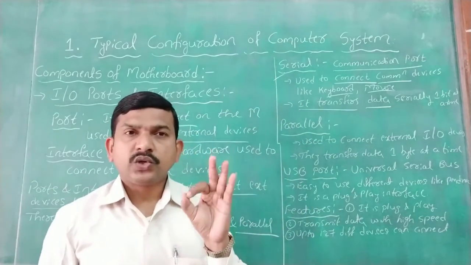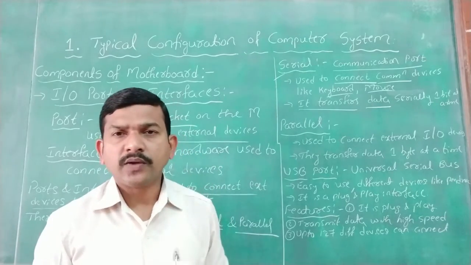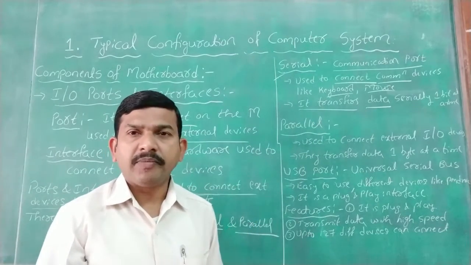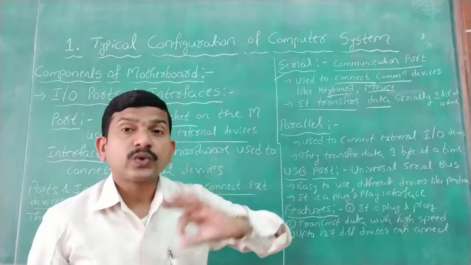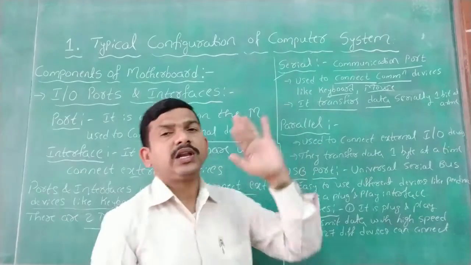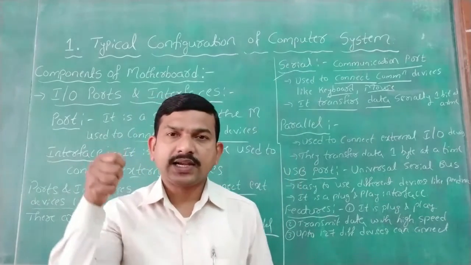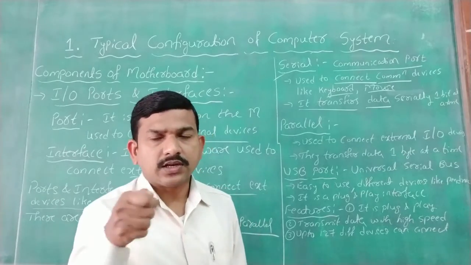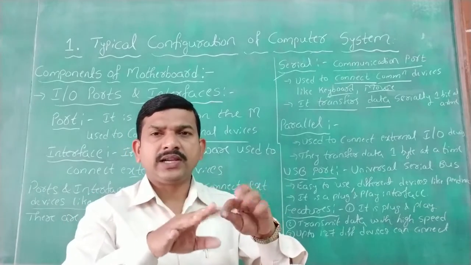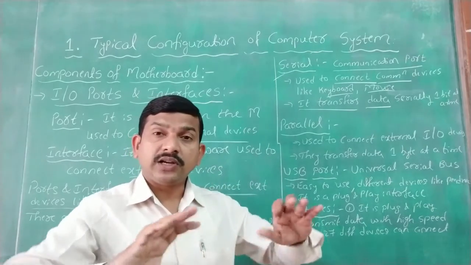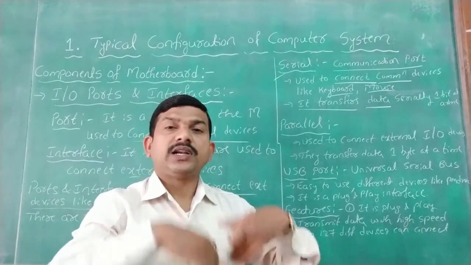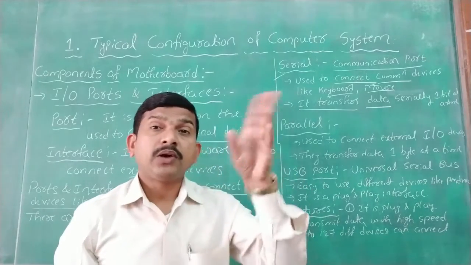Suppose you are using one device, for example a keyboard, and I have connected it to the serial port. If I press some alphabets, how do they go? Serially, one by one. The best example, I will take the keyboard only. Assume that I have connected the keyboard to the CPU, on that port, which is called the serial port. If I press alphabets like W, X, Y, Z at a time, will it take them at the same time? No. It will take them one by one within a fraction of a second.